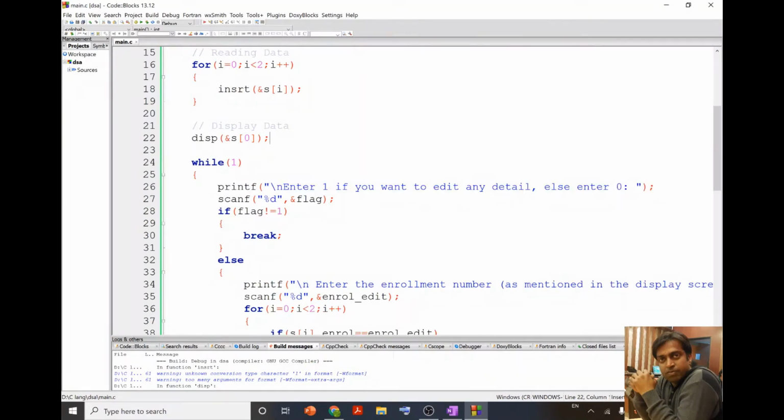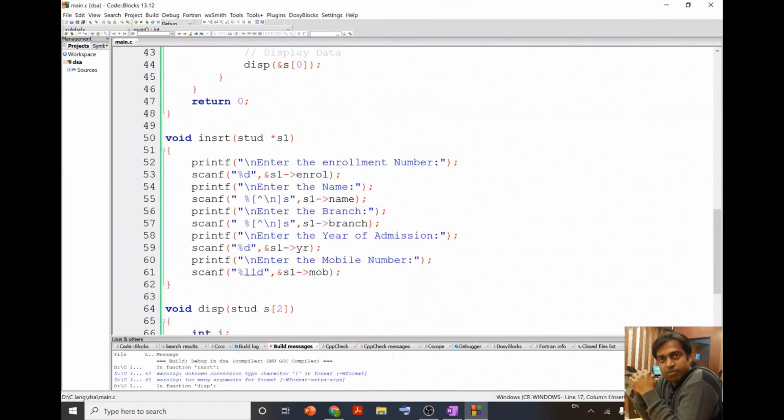Now after this, let me come to the function definition. In function definition, over here, when I passed the address of the structure variable, the S1 will receive the address of some structure variable, and then I will ask the user to enter the enrollment number.